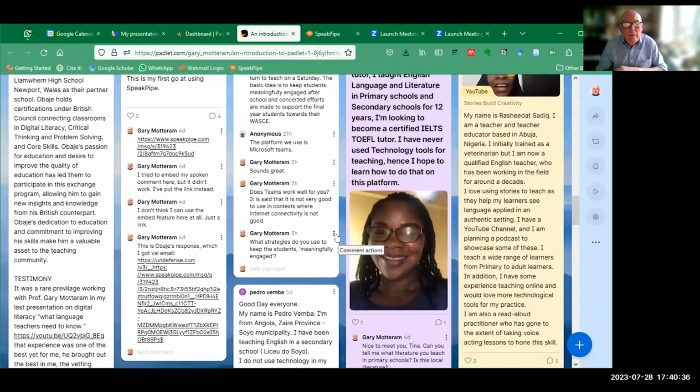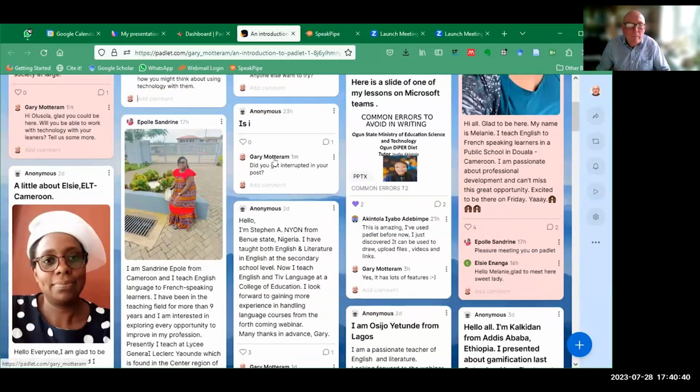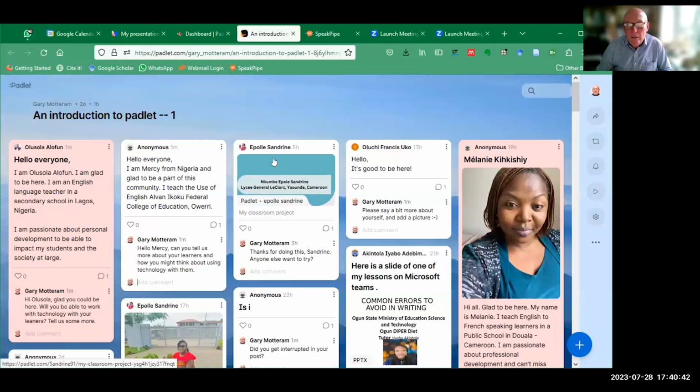Now, maybe with a massive group, potentially, maybe I would have got lucky and got 1,000 people putting things in here. And of course, it would have been impossible for me to have interacted. But there's only 26 here, so maybe a typical kind of class size who've engaged with this. And as a result, you can